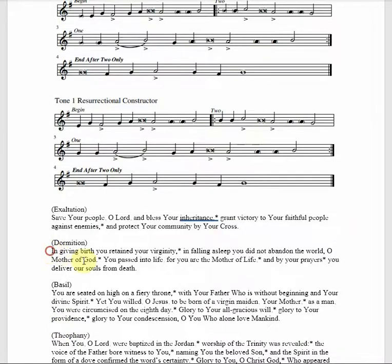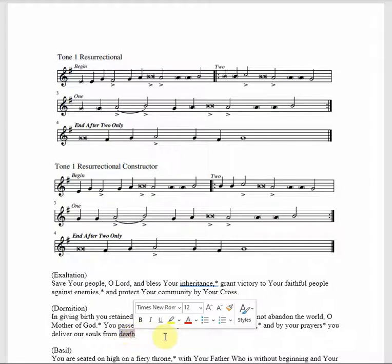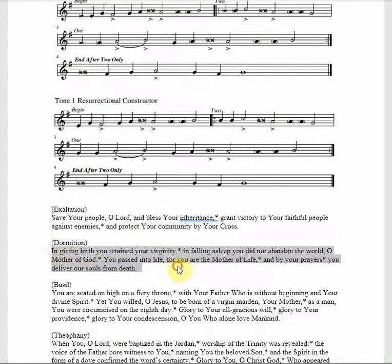Now, this could have just as easily been sung as follows. In giving birth you retained your virginity. In falling asleep you did not abandon the world, O Mother of God. You passed into life, for you are the Mother of life. And by your prayers you deliver our souls from death. Now, the very last one I was being extreme, but here, in falling asleep, very choppy. But if you were to read this just with the stars like this, without an anthology, and it was the first time you saw it, what would prevent anyone from singing